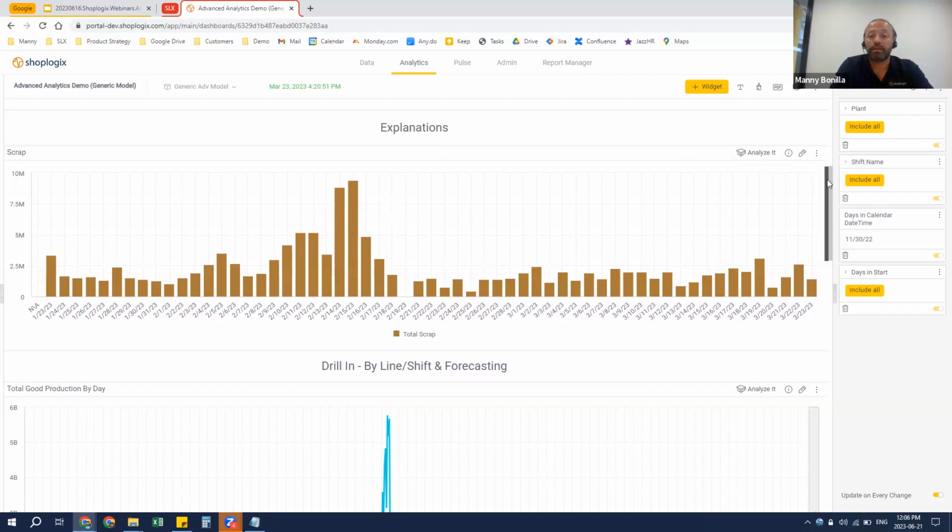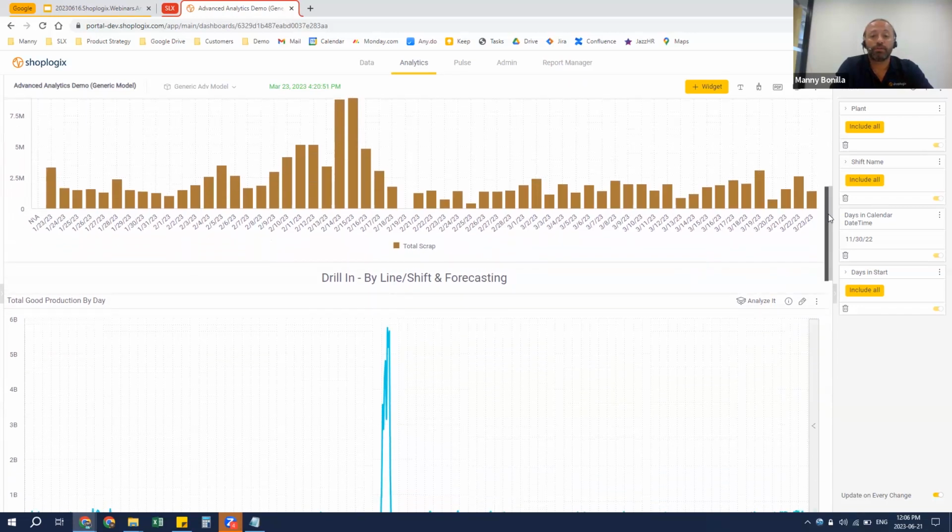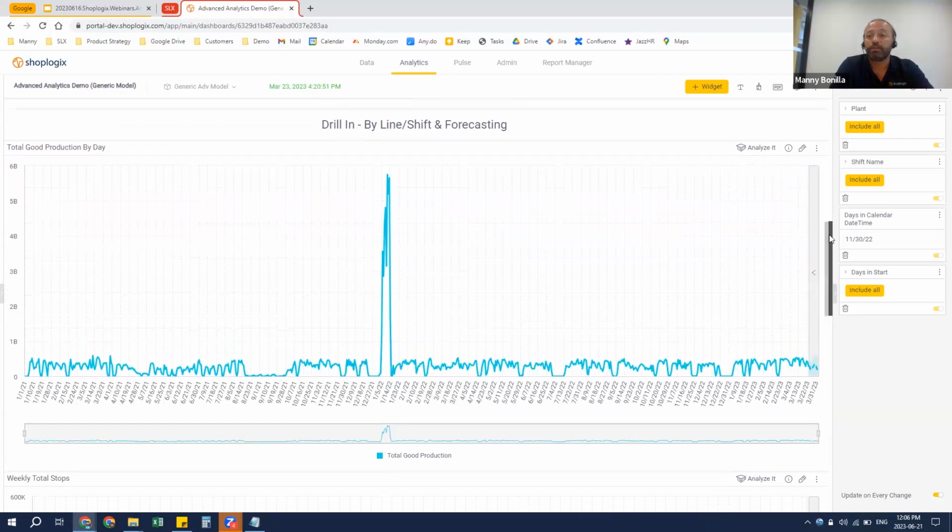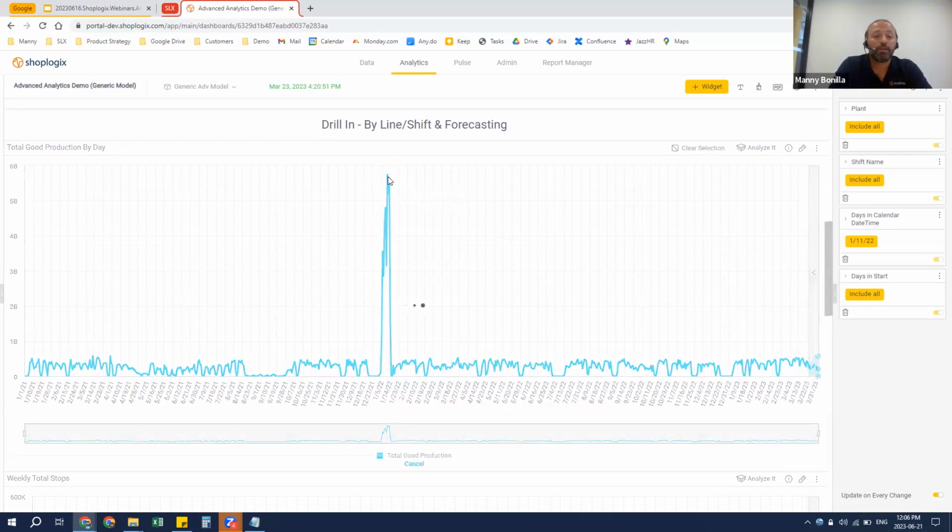The next advanced analytics feature I will demonstrate is drill in. So again, similar to explanations, maybe you actually have a feeling, or even perhaps you've been told, it's job related or whatever. There's ways to run your own drill in functionality as well. So from this example, I want to understand the root cause of this spike. So what I'm going to do is I'm going to drill in,